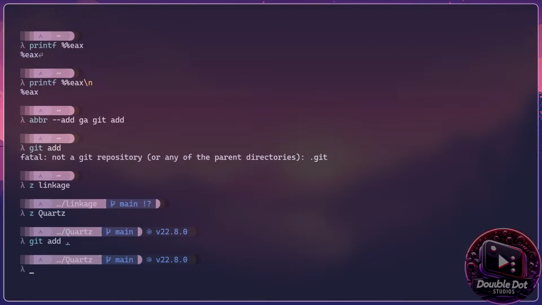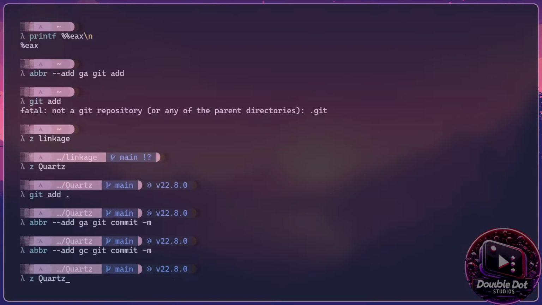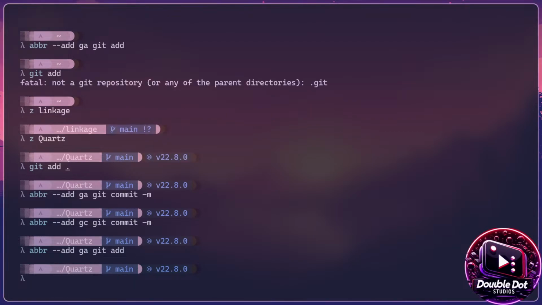we don't have a git commit command set up, so we can do the abbreviate command again to be git commit. We may as well do dash m, it's the only one I use for git commit. Oh, that's not what I was trying to do. Let's set git commit, and then we can do git add again. There we go. Then we can do git commit, and the message will be